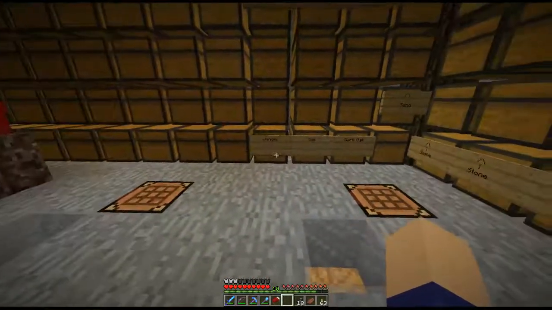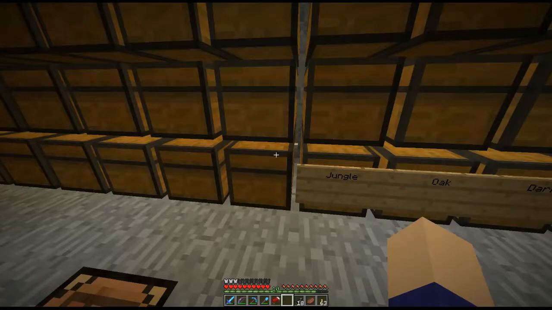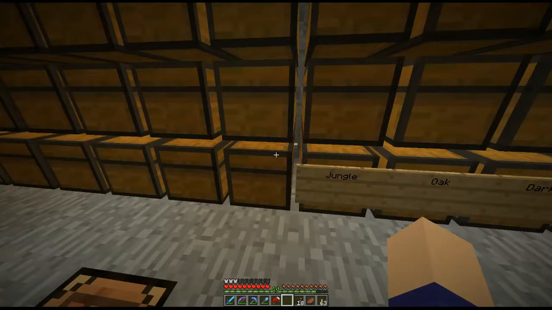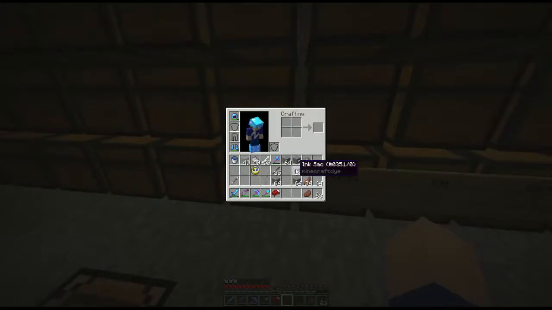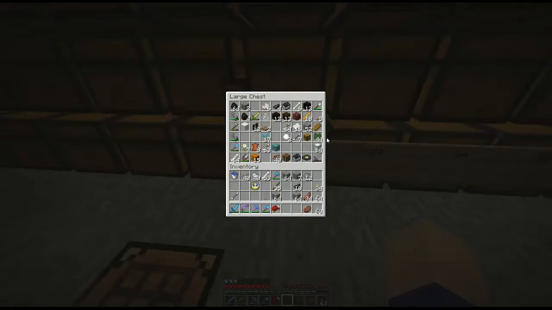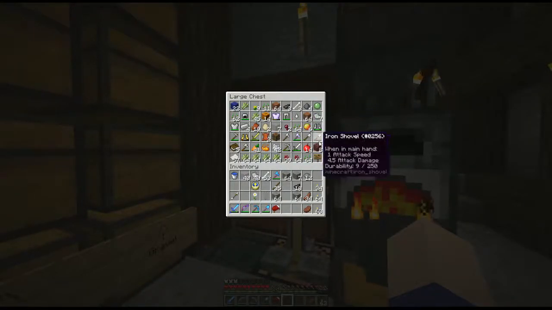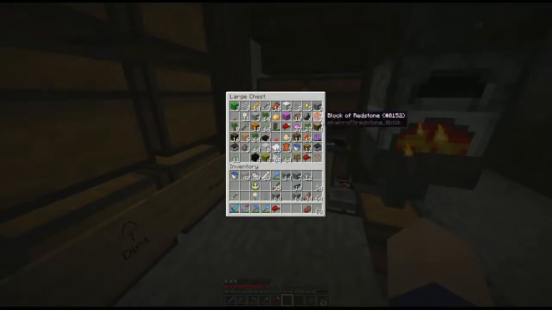We also need some red dye, which I think I have. I need 4 of those. That's fine. I need gray. I basically have everything I need. It's awesome. And a daisy. Good. And I need red dye. Red dye. Oh, I do have